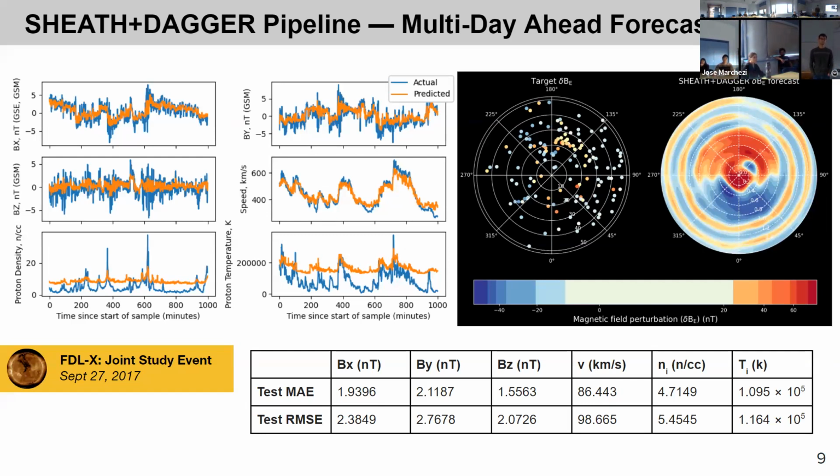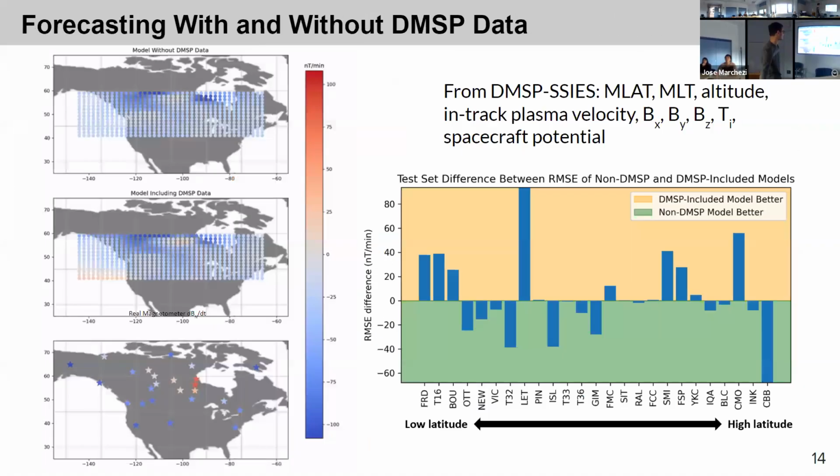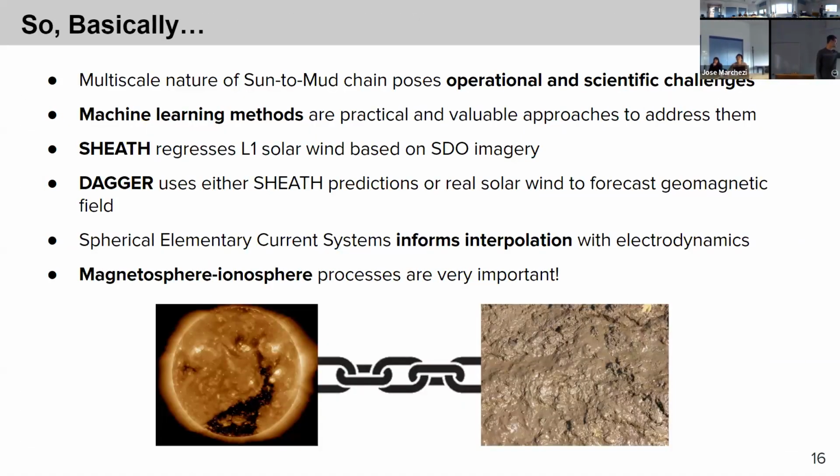But what goes into SHEATH? Yeah, so what goes into SHEATH is images almost exactly like this. This is a specific wavelength of light. There are 9 that are measured by AIA, which is the instrument that does that on board the SDO spacecraft. And then there's a magnetometer that measures the 3 vector magnetic field components in the chromosphere. And then you do some cropping, so you just look at the disk, not the corners. So you do another crop where you're just looking at the central area.